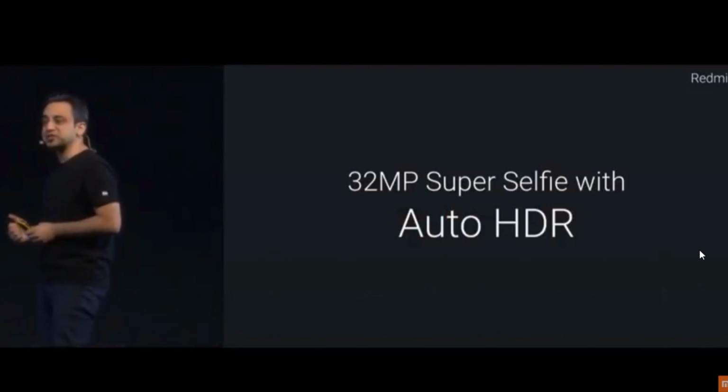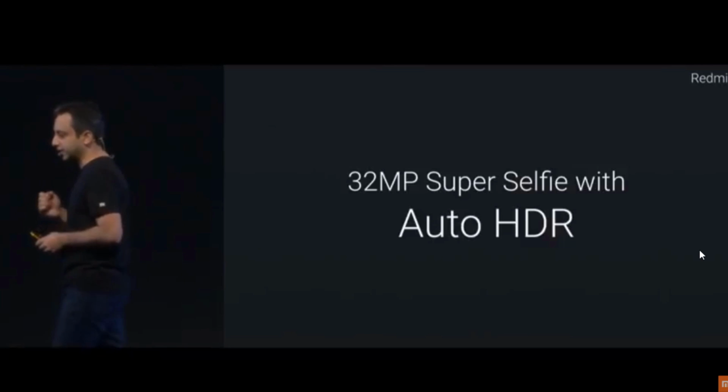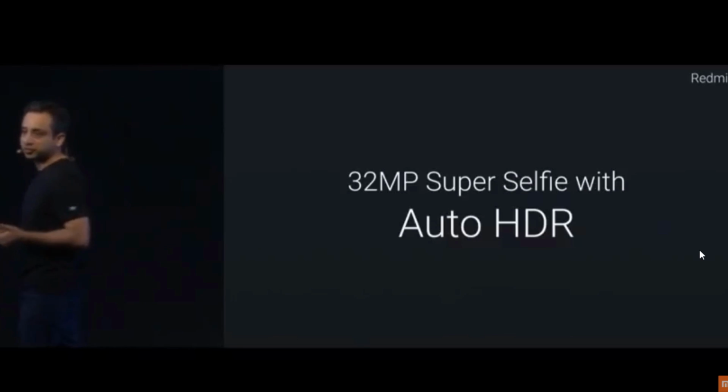You've got auto HDR in the front. Now, why is auto HDR important? Because sometimes you can't control the light source. And an example like this, where you've got all the details, but of course, the background lighting is super harsh,